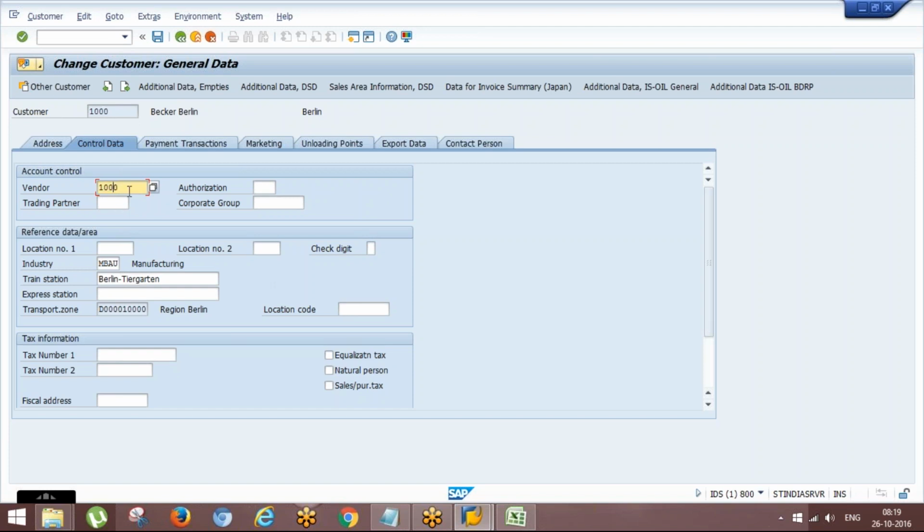This assignment. Okay, so while creating a plant as a customer, we don't give the plant directly. We assign the vendor which is assigned as a plant. Okay, fine.